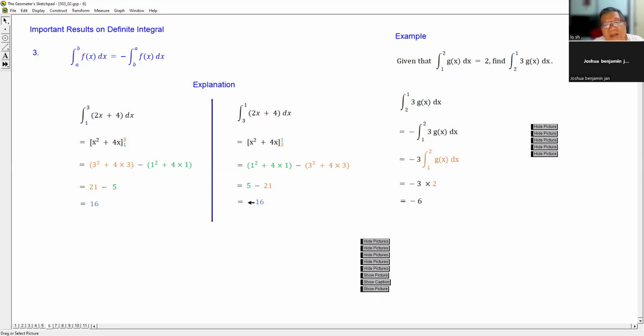That's why you always get a negative in front for the last two questions you answered. So that's why you have a negative. One is 21 minus 5. The other one is 5 minus 21. That's why you have an additional negative sign in front. Okay. Then,